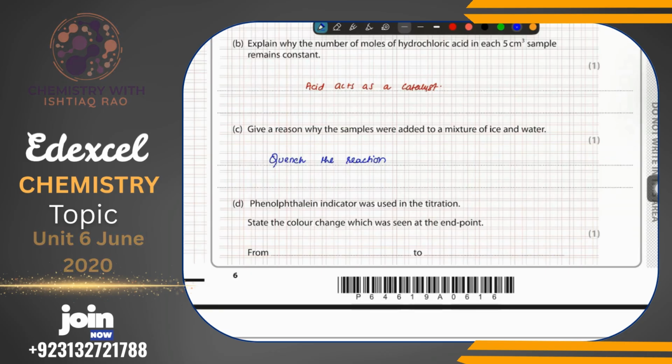The mixture remaining after 60 minutes is heated under reflux, and another 5 cm cube sample is titrated. By considering the products of the reaction,